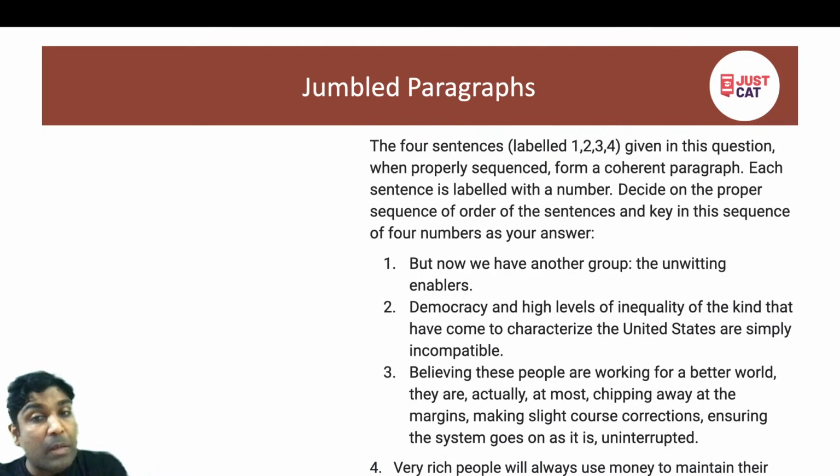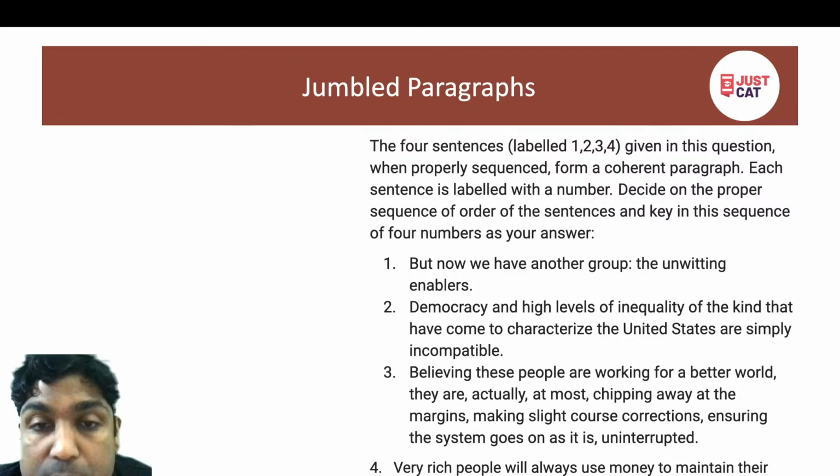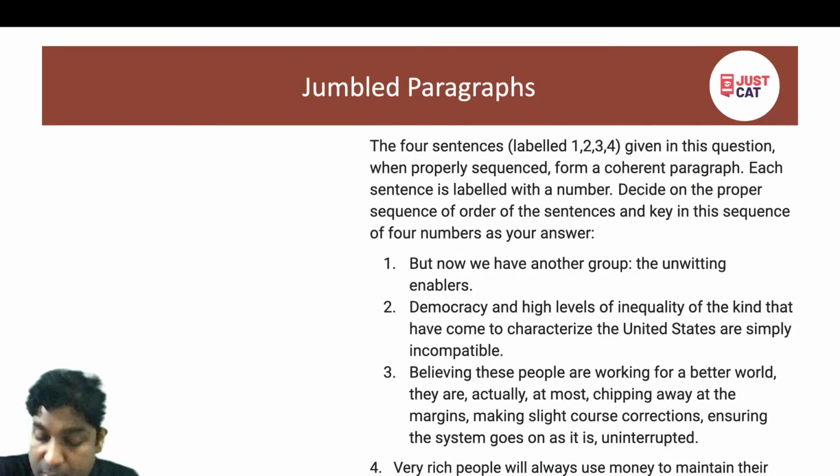If you read, very rich people will always use money to maintain their political and economic might. So very rich people will always use money to maintain their economic and political might. So 2 and 4 are going to come together, basically, right? And then when you've said very rich people will always use their money to maintain their political and economic might,